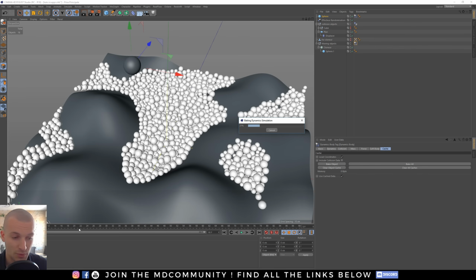It allows you, after that, to go anywhere in your timeline and see what's happening in the simulation. You can go forward and backward, and see where all of your objects are. It's very, very powerful.